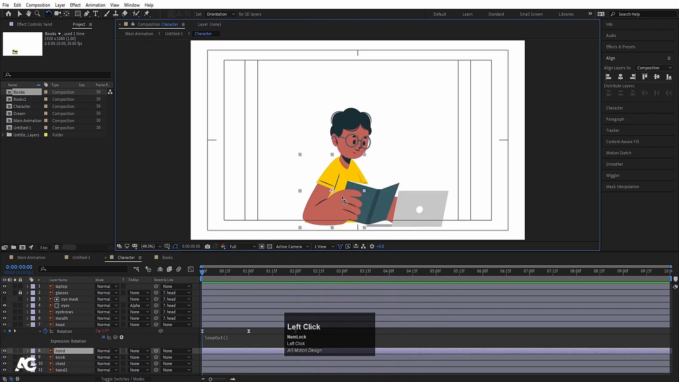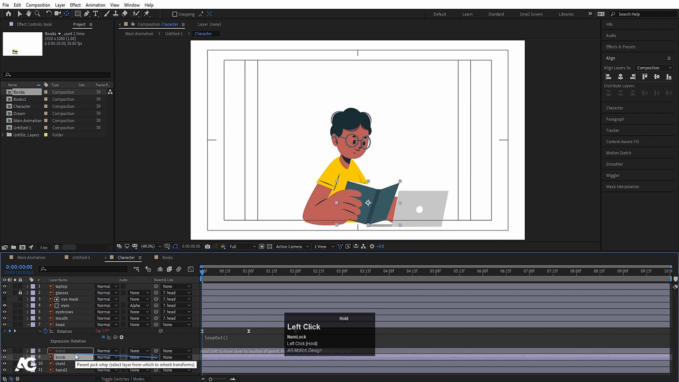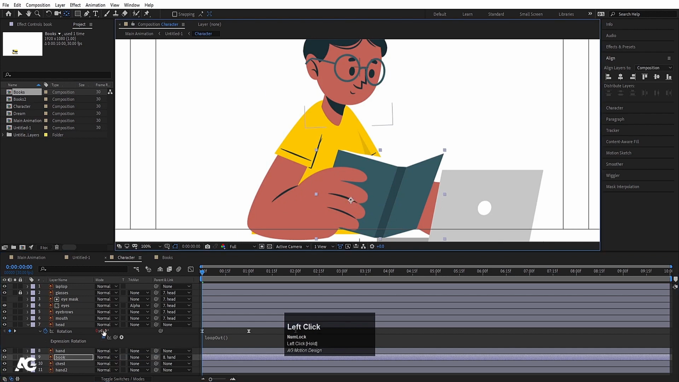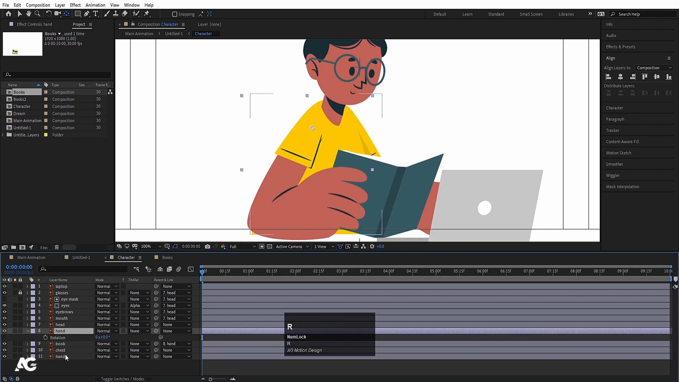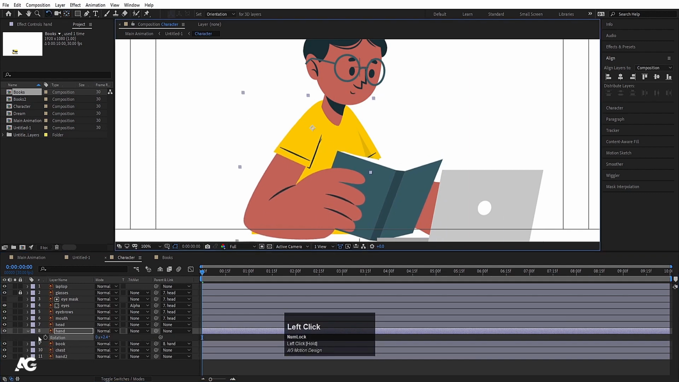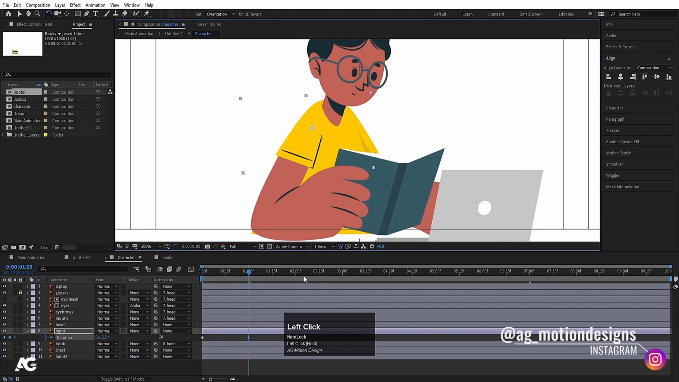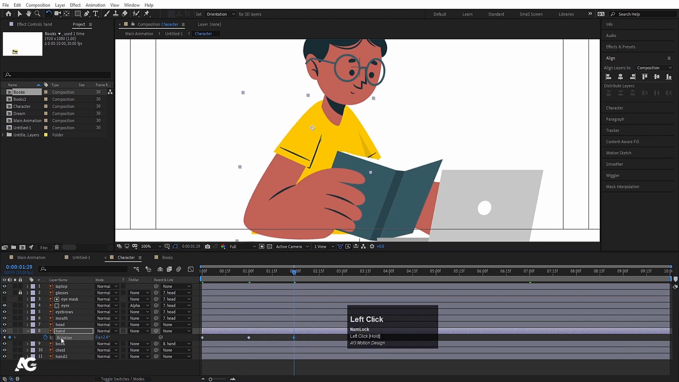Same thing we will do for this hand. Press Y for pen, selecting pan behind tool, move this anchor point over here, select this book and make it parent with this hand. Select this book and move this anchor point over here. Now select this hand and press R for rotation, hit W and rotate it something like that and create one keyframe, go to 1 second, rotate it like that, go to 2 seconds, hit Ctrl C, Ctrl V, the first keyframe, select those keyframes,